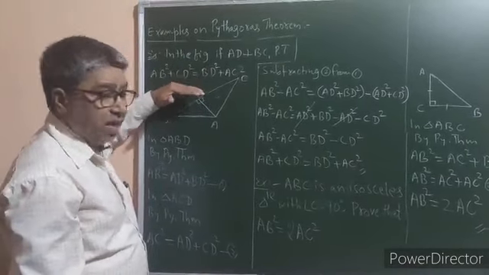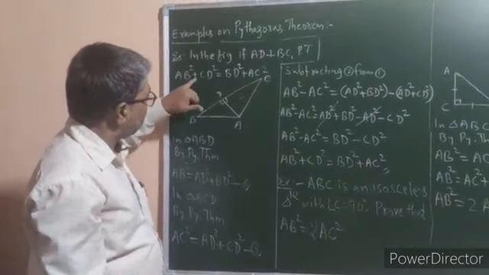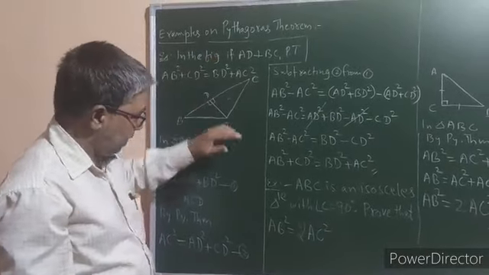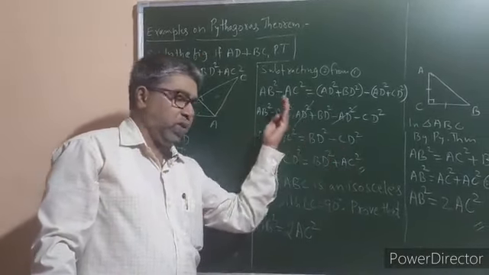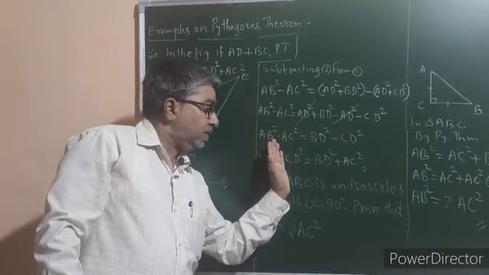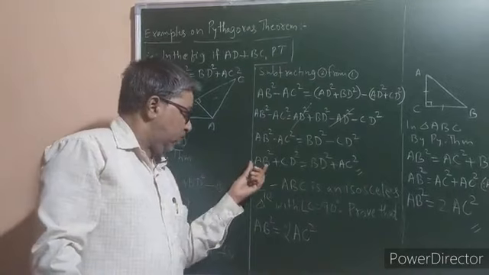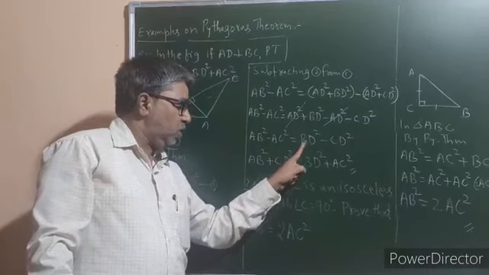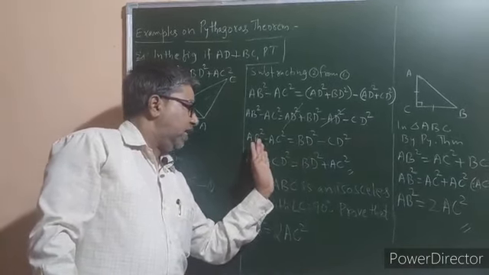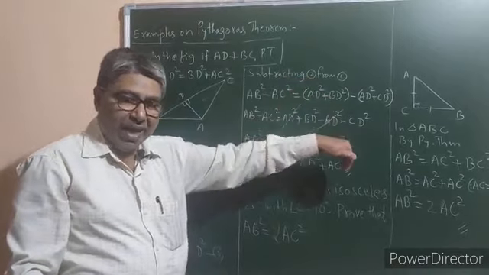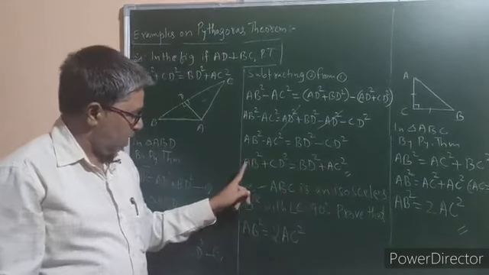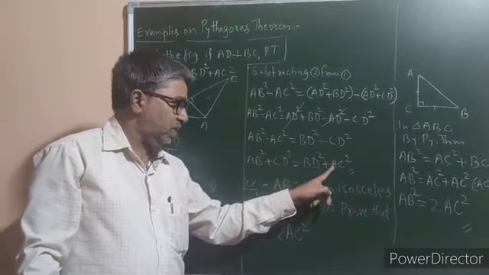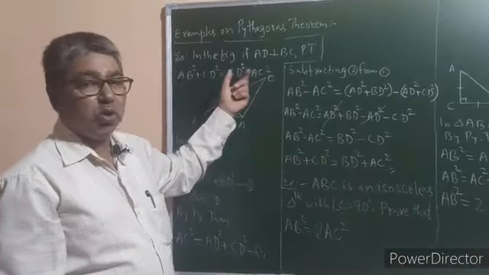The statement given to prove is AB square plus CD square is equal to BD square plus AC square. So to get this, we have to bring minus CD square towards left and take minus AC square towards right. So AB square, then bring minus CD square this side, it will become plus CD square, is equal to BD square as it is. From LHS, take minus AC square towards RHS, it will become plus AC square. Hence AB square plus CD square is equal to BD square plus AC square. This is what was given to prove.